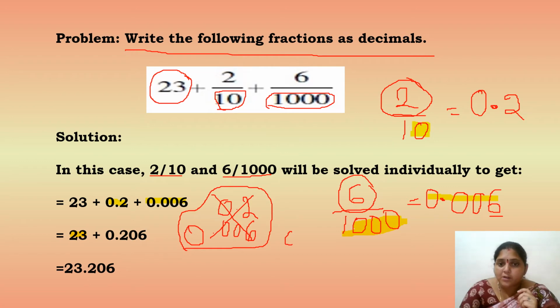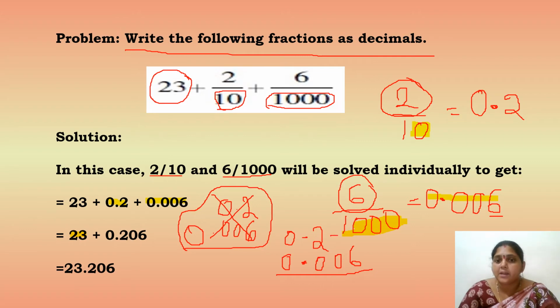You have to write 0.2 first. Next, the point should be in the same row. The point should not change here and there. So, write the numbers before the point, and write the numbers after the point. No need to change any places of the numbers. According to the place values you have to write, according to the columns. So 0.006, right? Now add both the numbers.